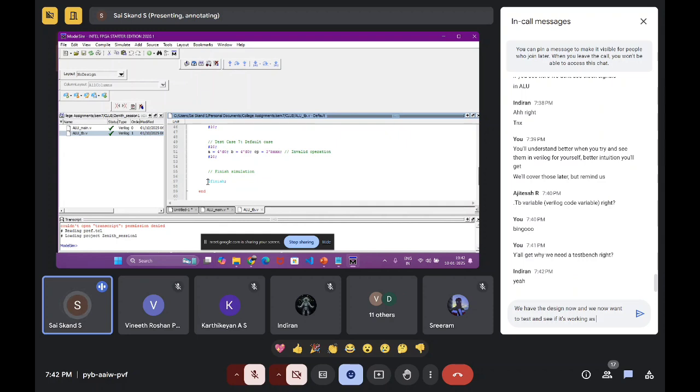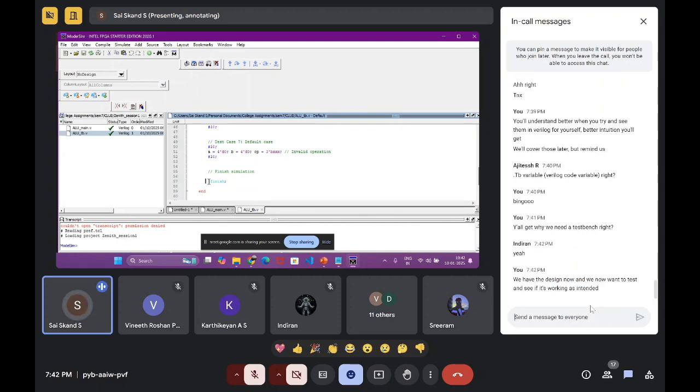So that is what this finish is. It's a system level task. It's a command where we like to end the simulation. This is specifically for simulation, not for design purposes. And similarly this initial block we checked out, right? This is specifically for testing these kinds of things. It's for simulation purposes, only for checking whether the circuit is working. I guess we're all clear.